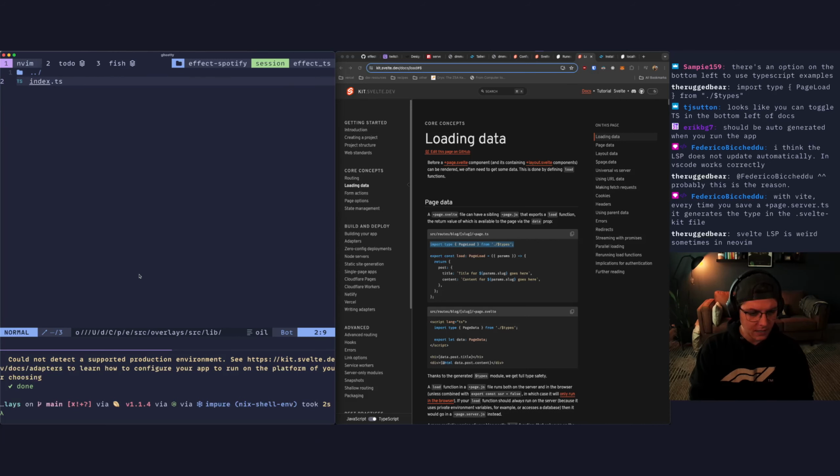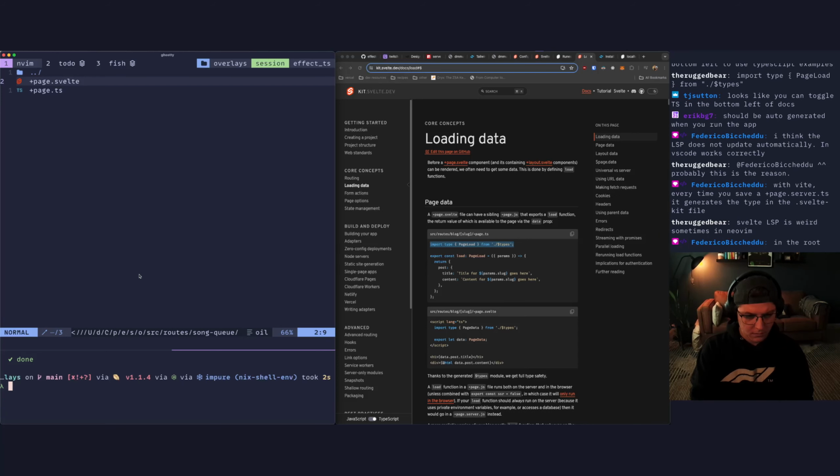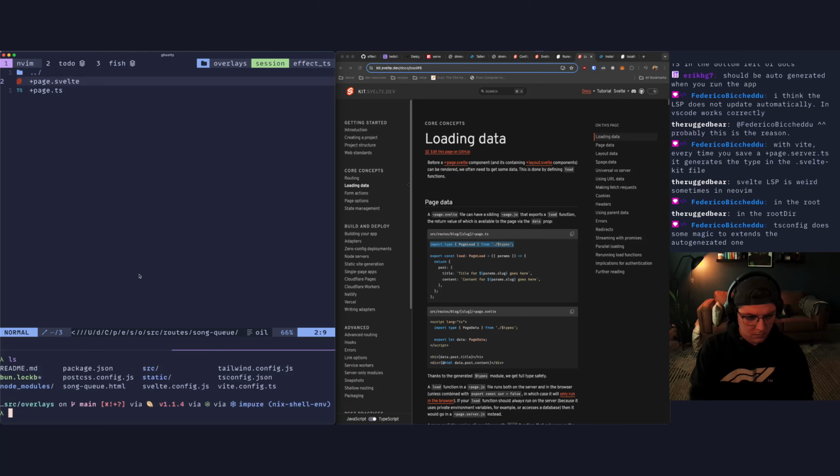I don't even see the dot svelte stuff. Like, they're not there, are they? Like, it's in the root. I don't even see it in the root. Right?